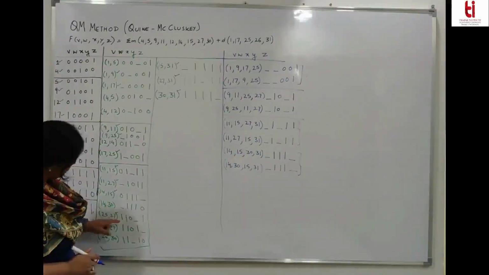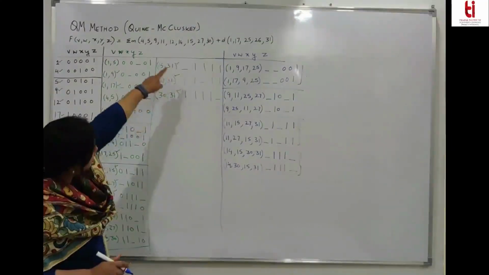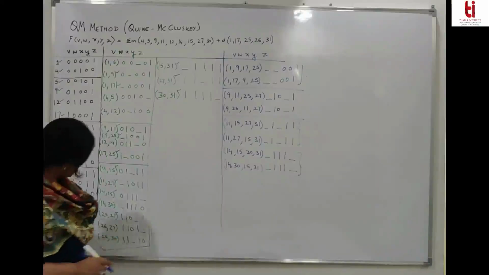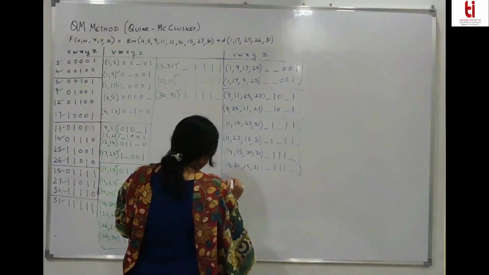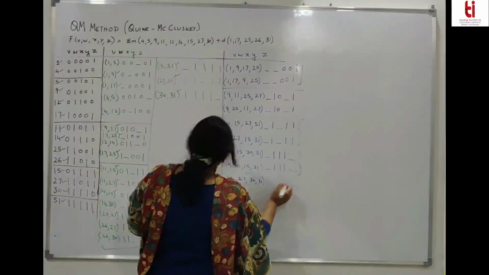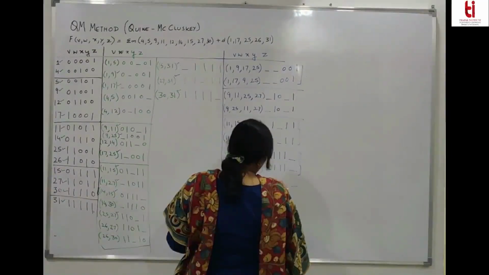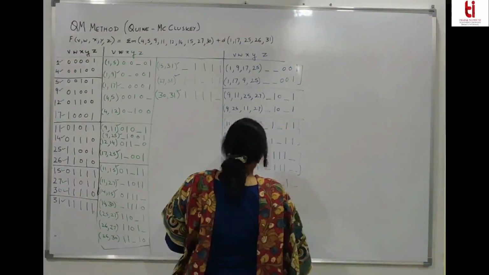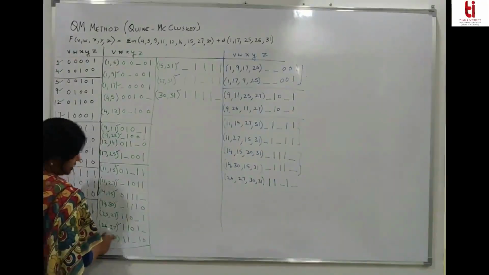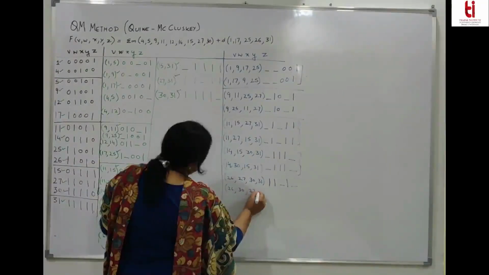Then 25 27. This is a dash at second position. So there is no term here, whereas there is a dash at second. Then this, there is a dash at last. So 26 27 30 31. So there is a dash at last position. 1 1 और 0 पे डैश आएगा 1. 26 27 30 31. Keep on marking. And 26 30 27 30.